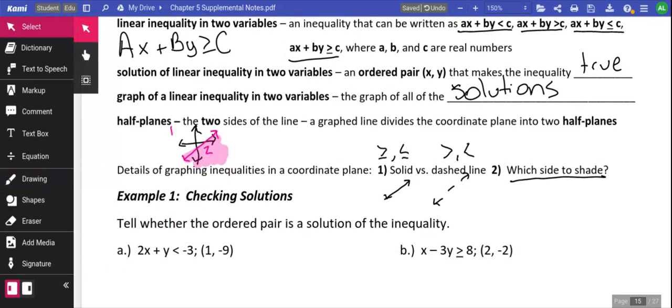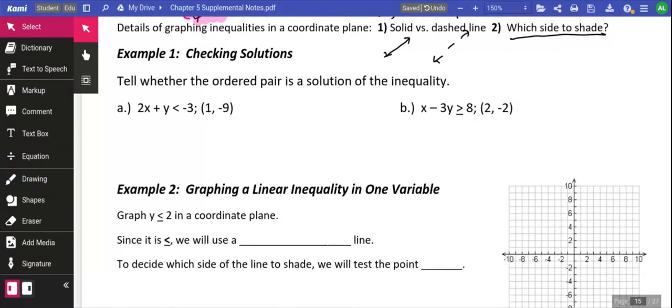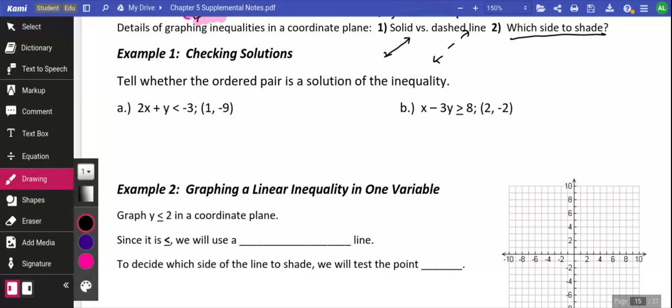Okay, so first off, let's go into checking solutions, because that's going to be a step we have to do in these different inequalities. Check whether the ordered pair is a solution of this inequality. So we have this inequality here, 2x plus y, and then we have this solution, 1, -9. So it's telling us to check whether this is actually a solution. Well, it's giving us an ordered pair, so I know that's x